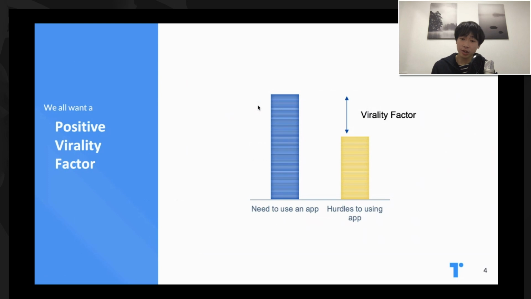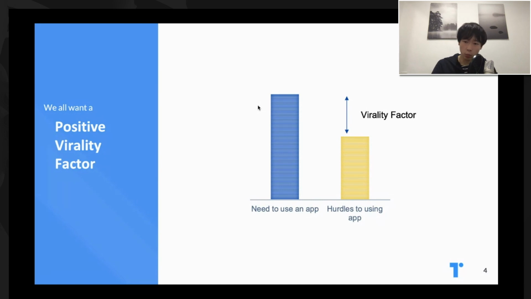As an application, you want the need to use your application to be higher than the hurdles to using it. The difference is basically your virality factor, which determines how your app can organically grow.